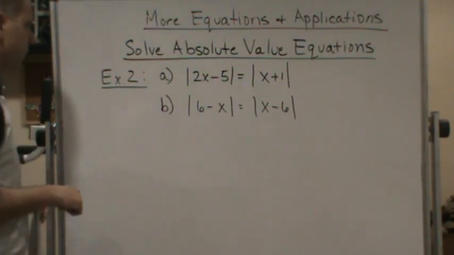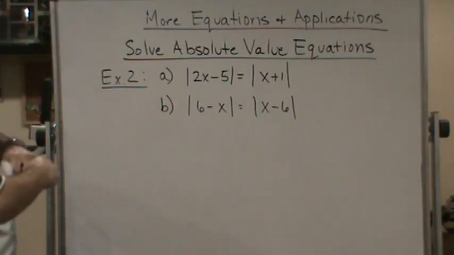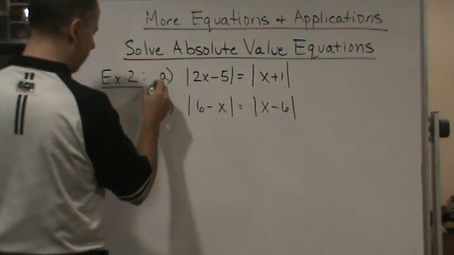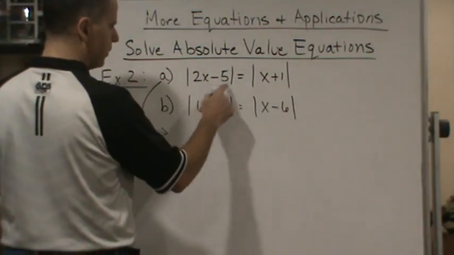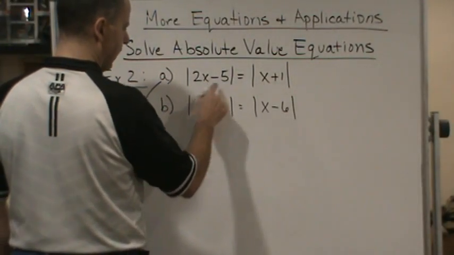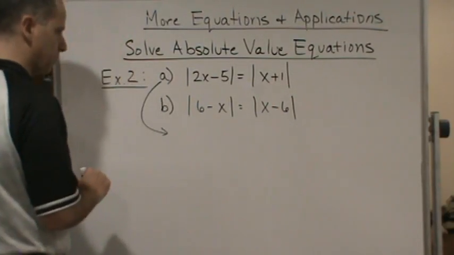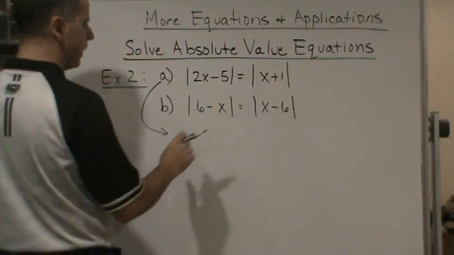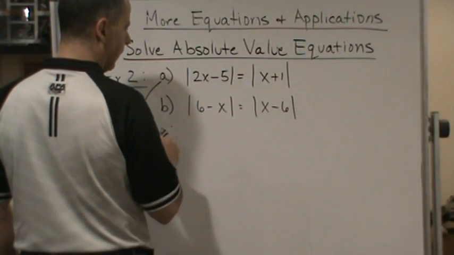Okay, here we go. So we've got this example. We've got A and B. Let's do it again for part A first. Now we've got the situation case 4, which is an absolute value expression equal to another absolute value expression. The first thing I'm going to do is drop the absolute value